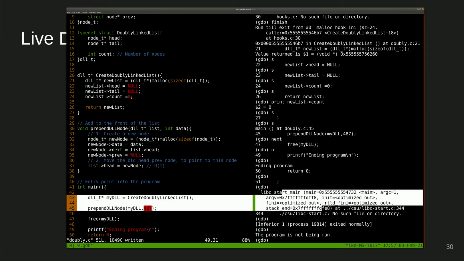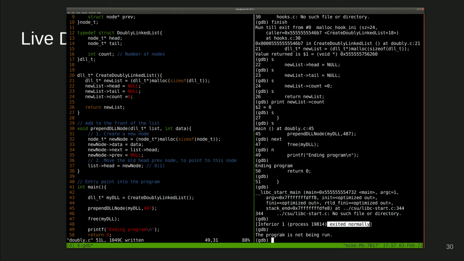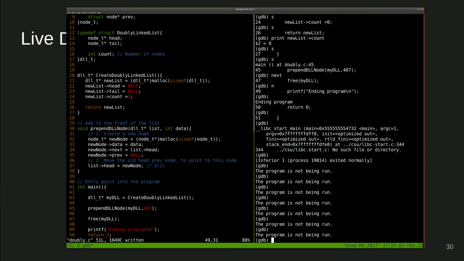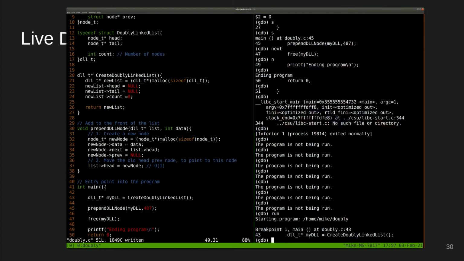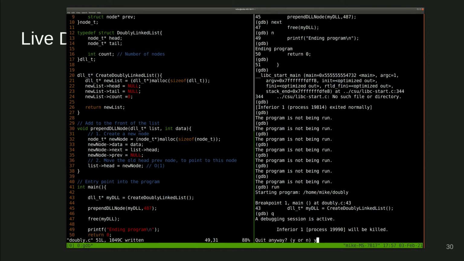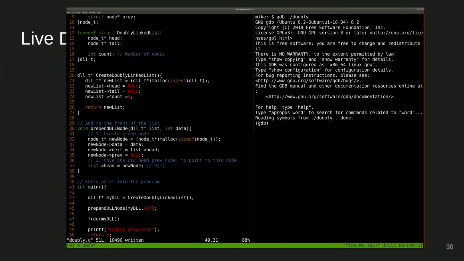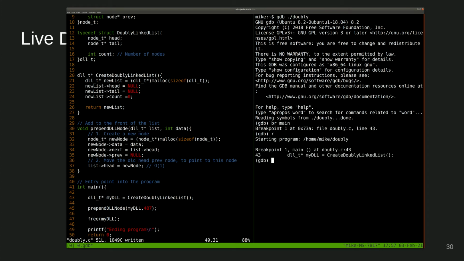eventually finish our program. So it says our program exited normally, and the program's not being run. So if I keep hitting enter, that means we haven't run a program again until we type run again. If I type run again, it'll still have that same breakpoint there from before. Okay, so if I'm done and I hit Q, I can quit GDB and be finished. So then I need to relaunch GDB, add in my breakpoints if I want to run again, and just repeat